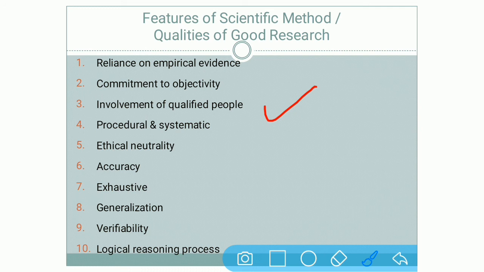To prepare questions, qualified people are required. Obviously uneducated people, or those who do not have a certain level of education, cannot prepare questions. So qualified people are involved in preparing the questions. Then after preparing the questions, you have to appoint certain persons on your behalf who will do the survey from different places. Again, people are required who can do the survey.